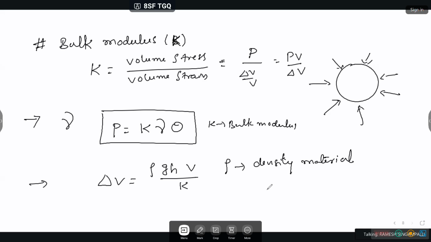Density of material. Next. Isothermal bulk modulus of